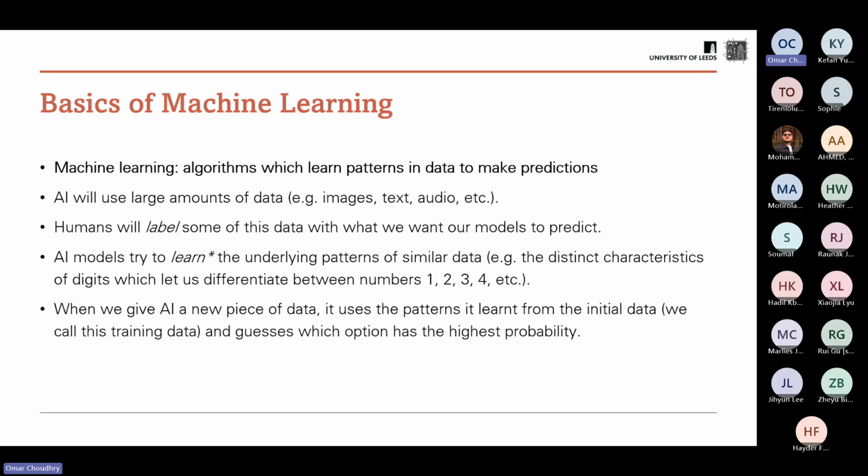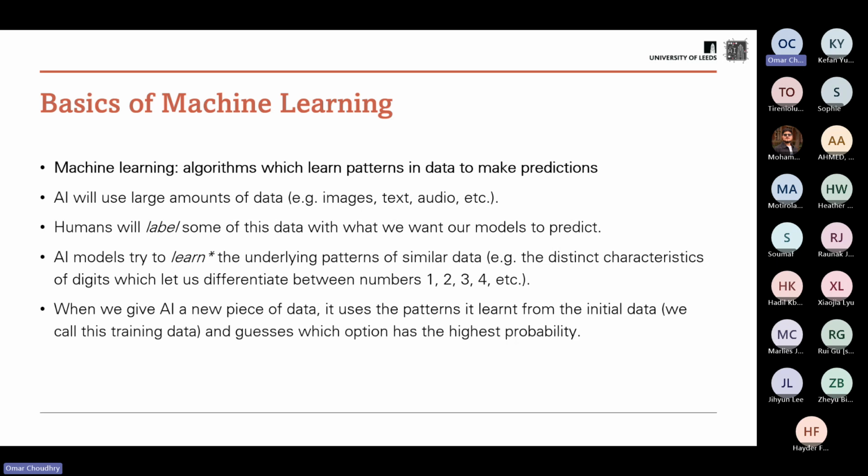And then these AI models are really good at picking out certain patterns. So if you took numbers, for example, maybe an AI could learn that for a number 2, there's a certain pattern, maybe like a little bit of a curve and then a straight line. Maybe for a 3, we see that there's 2 curves that are joined together. And these kinds of patterns that build up the shape of these numbers, some things that we know straight away when we look at these numbers, the AI is trying to learn these different patterns and the structures of how something appears on an image, and similarly in text.